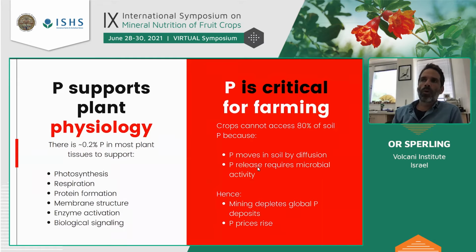Nearly 0.2% of most plant tissues is phosphorus, and it supports photosynthesis, respiration, protein formation, membrane structure, enzyme activation, and multiple processes that require biological signaling. It makes P critical for plants and also for farming, because essentially crops cannot access almost 80% of the soil